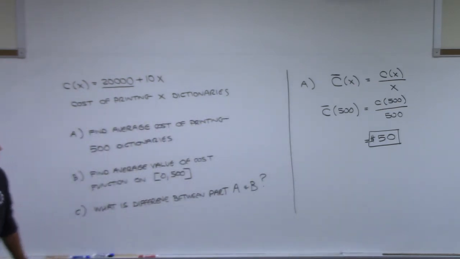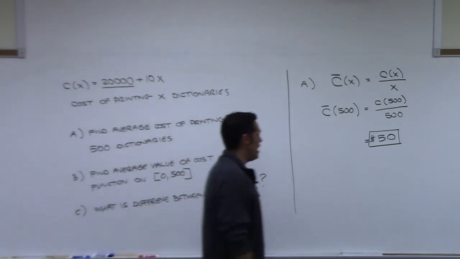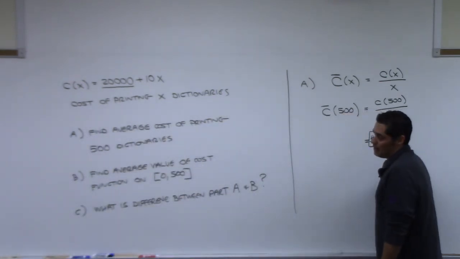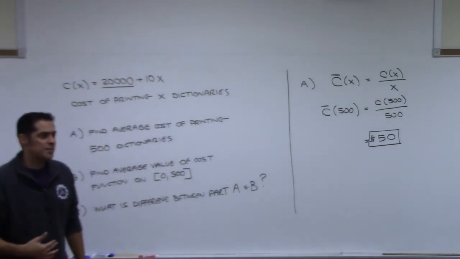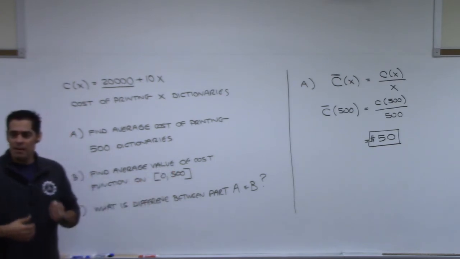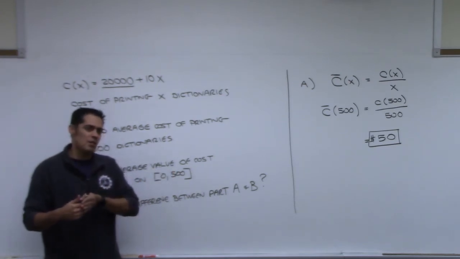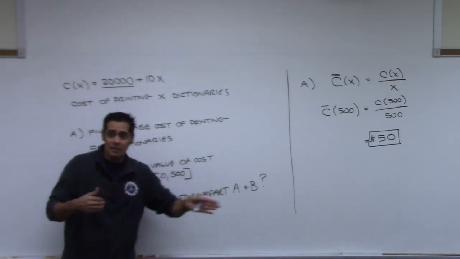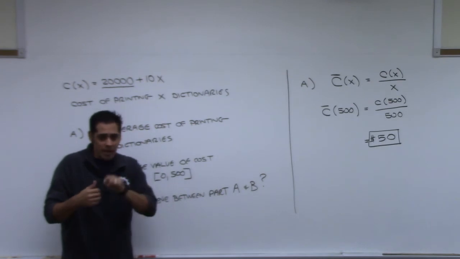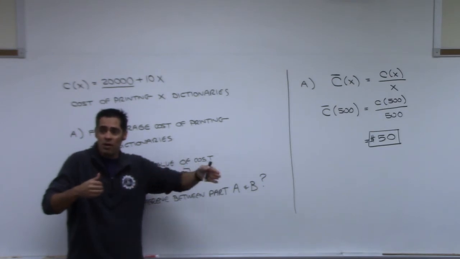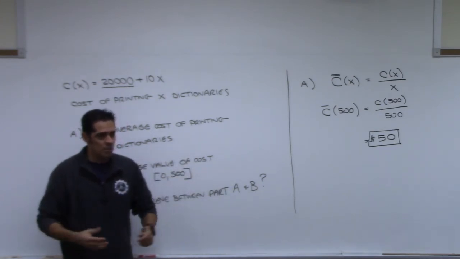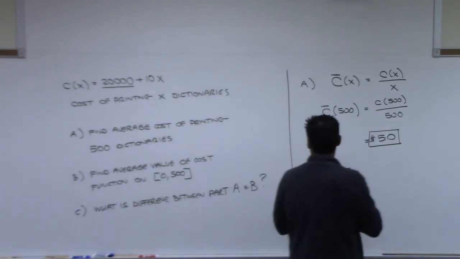All right, so if we produce 500 dictionaries, the average cost is $50 per dictionary. Now, what is Part B asking us for? The average value of our cost on the entire interval 0 to 500. That means if we make no dictionaries, or 500 dictionaries, or anything between, for each value of dictionaries, 0, 1, 2, whatever, we're going to have a cost for each one. What's the average value? The average. So Part B is asking us for